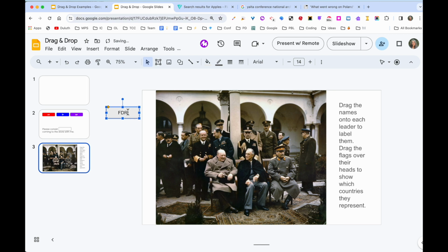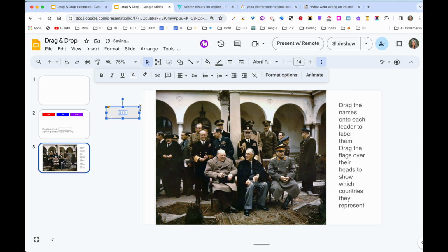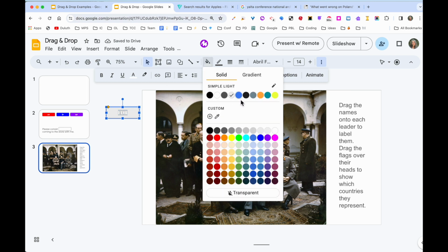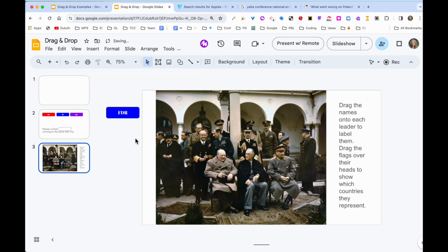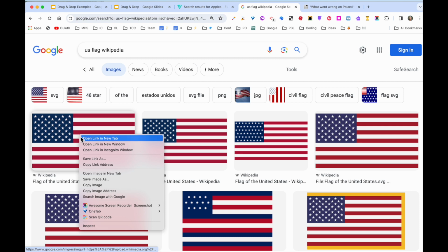I can type on it. I can change the colors. That looks great. I happen to know that Wikipedia has a quality collection of free flags for every country, so